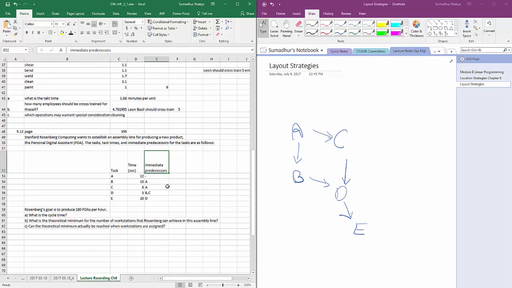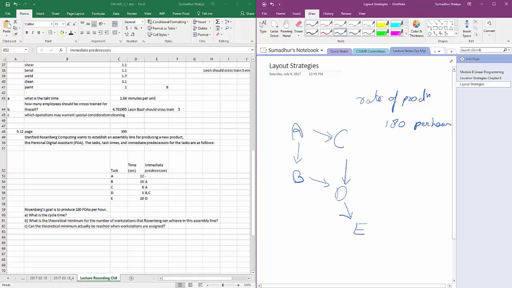First thing that we are given is the goal to produce 180 PDAs. So the rate of production is given to us as 180